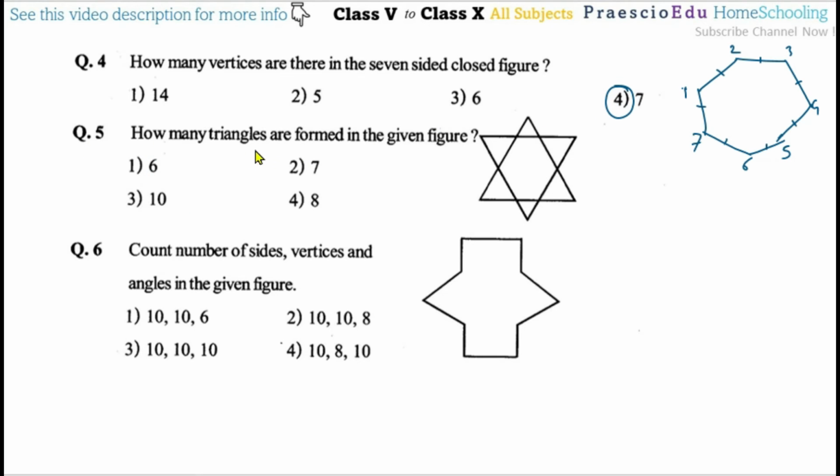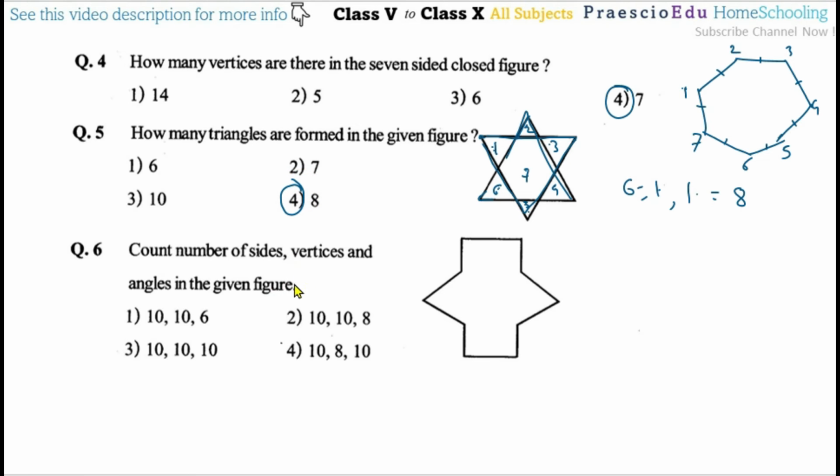Now question number 5, how many triangles are formed in a given figure? So we will make the numbering 1 2 3 4 5 6 and then 7, this is all the area. Now 1 2 3 4 5 6, 6 are the triangles already, so these are the 6 counting. Then 1 3 7 and 5 means like this is one triangle. Okay, so this with vertices this and this, so this is one counting. Then this is also one triangle. Okay, means 6 2 4 7, this area we will count, so this is also one triangle. So there are the 6 plus 1 means 8 triangles are there, means 8 means option number 4 is the